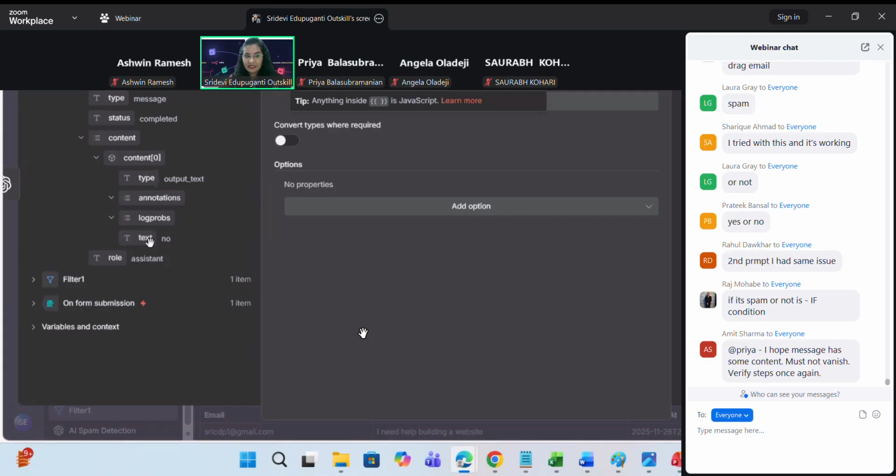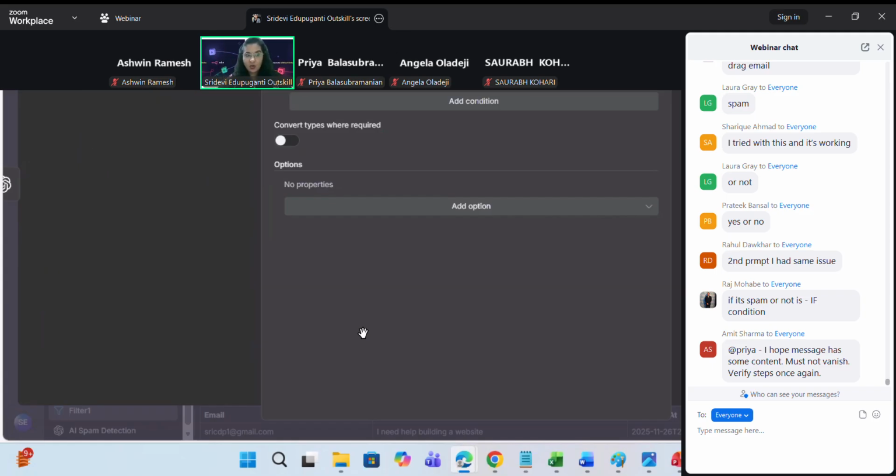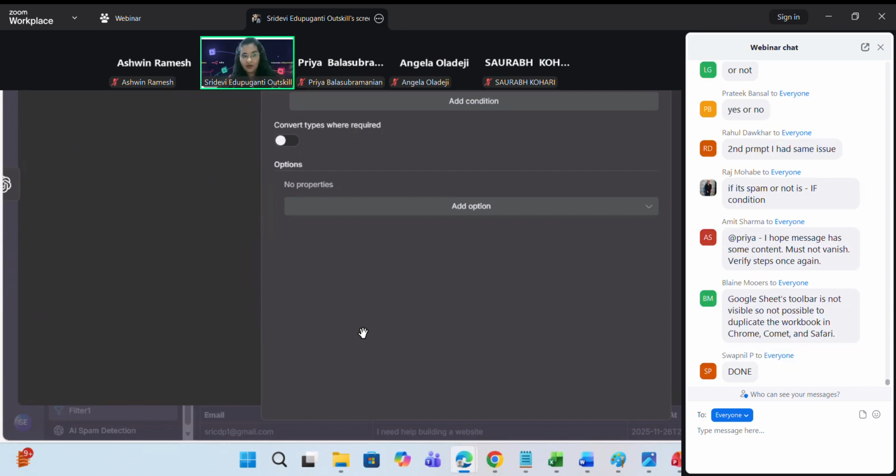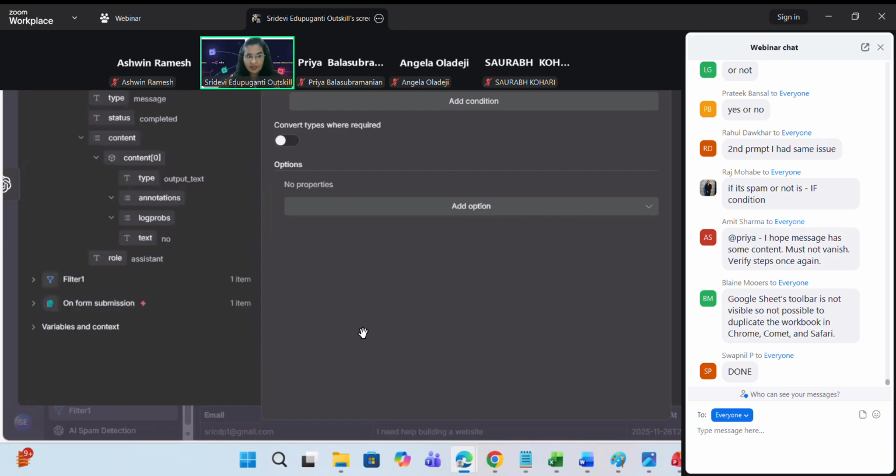Drag this text. This text has the analyzed part of the message, right? Now we have all these various nodes that we created, right? On form submission, filter, and AI spam detection. So click on this, expand the node of AI spam detection, click on the text. Because we gave a very genuine message, it says that it is not a spam, right? Okay. So this one, if this text,